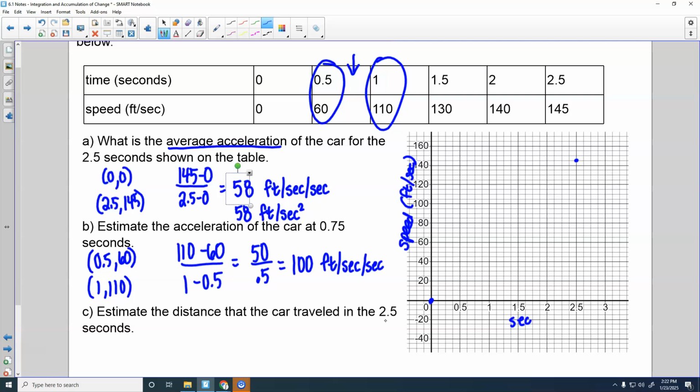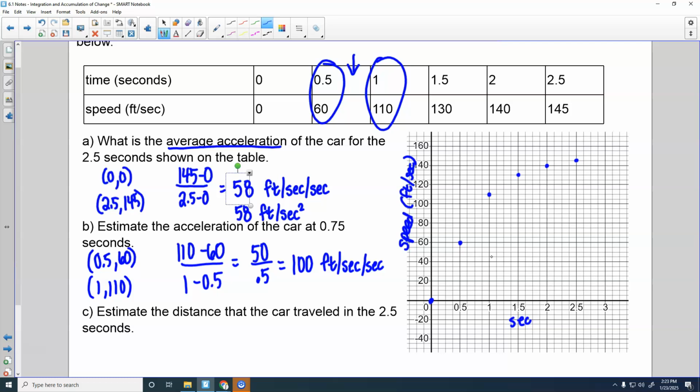we don't have the equation exactly, right? So I'm going to graph these points. I think it's going to help us see what's going on a little bit here. So we got 0.5, 60. We've got 1, 110, 1.5, 130, 2, 140. Now, when you look at that, it looks like a concave down sort of curve,